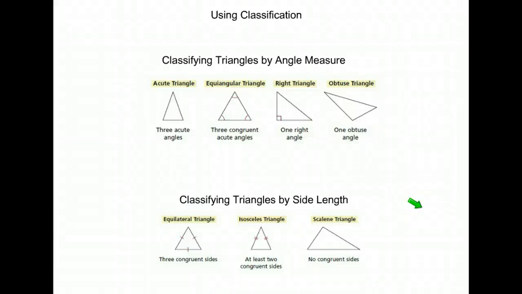Hey, let's use some classification. So now they may ask you to classify more than one way. So again, here are our two sets. We can either classify a triangle by angle measure. Again, angles, remember, are the openings there. We had either an acute,